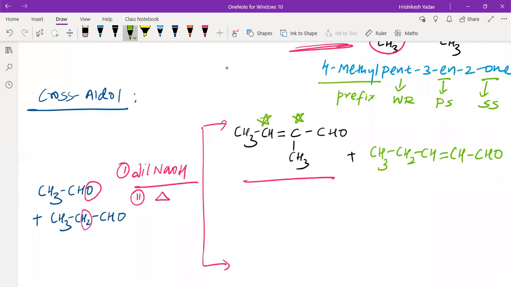Next, oxygen of this second molecule and H2 from first molecule. You'll get the second one. This way we get the product, and the products which are formed, if we go for the naming of this,